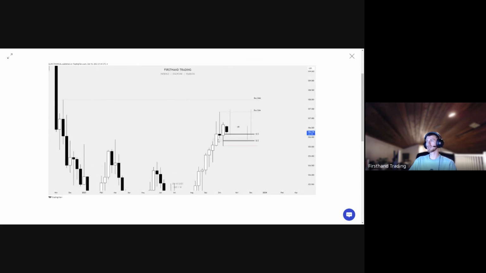So we had this right here, keeping the idea on this low holding, and then I took the consequent encroachment of this wick right here, and then I took the consequent or equilibrium of this low to this high, and that's where you get this. I'm looking for price to either just go higher off this equilibrium, or maybe dip down a little bit into this bit C and then the consequent encroachment of the wick. Those were the two bullish scenarios, obviously taking buy side here and here. So knowing that, if I jump to